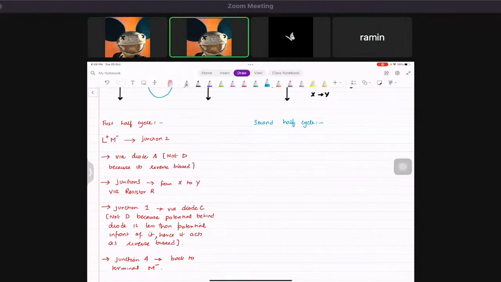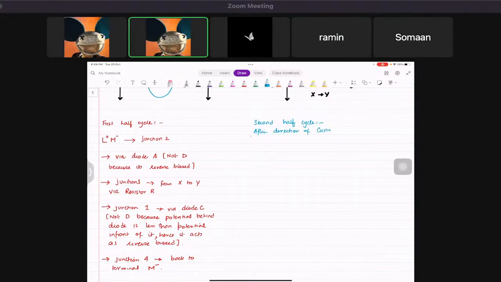So this is after the direction of current is switched, so L becomes negative and M becomes positive. So then it needs to go towards junction 4 first, and from junction 4 it will go via diode B and not C